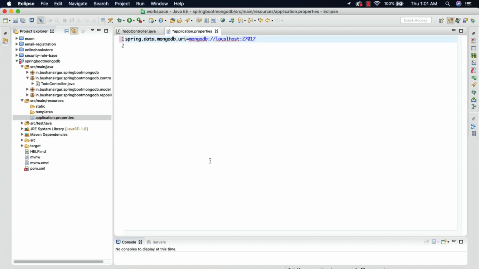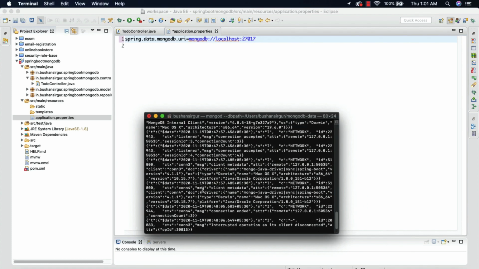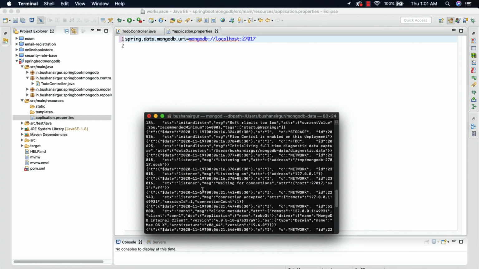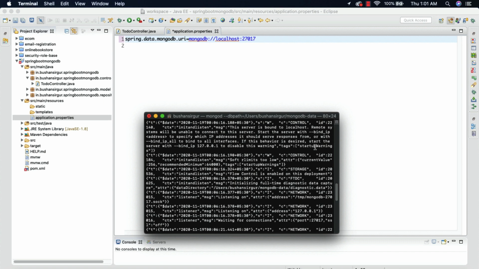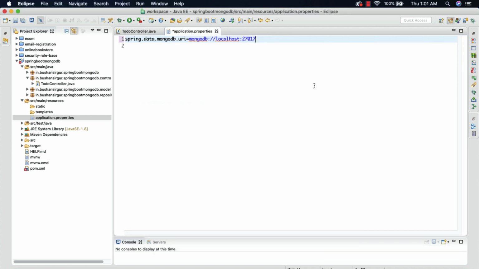I have already started the MongoDB database in my console. So let me open the console, and if you scroll up, you can see the default port number, which is 27017. You can see the MongoDB port number is 27017. So I'm going to specify the MongoDB port number 27017 / the database name.